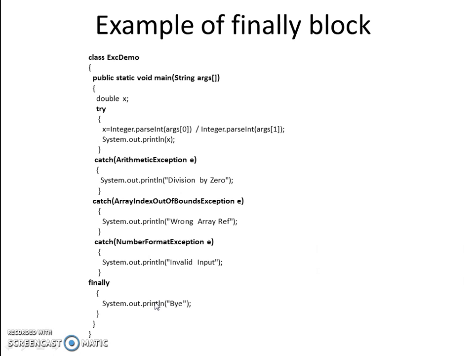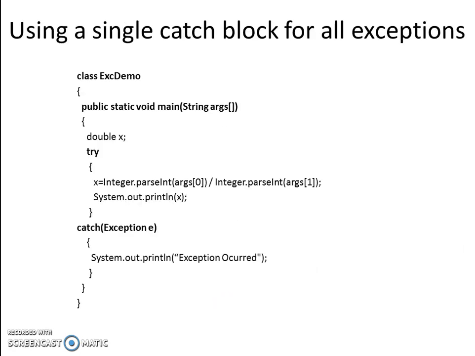Basically, the finally block is used in programs related to files, where we put the file closing statement inside the finally block, as all the files that have been opened must be closed before the program ends. Now, in this program, we have changed the previous program in such a way that